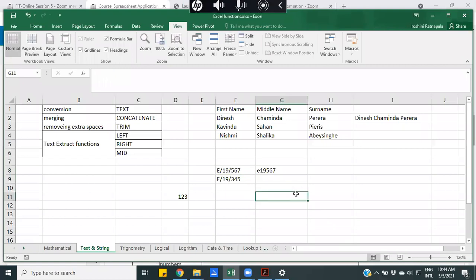But if I have different batches, not only E19, then I cannot simply concatenate E19 with this value, because E19 can also be different. So then I have to use another function to extract this 19 value as well. Let's say I have here E18.